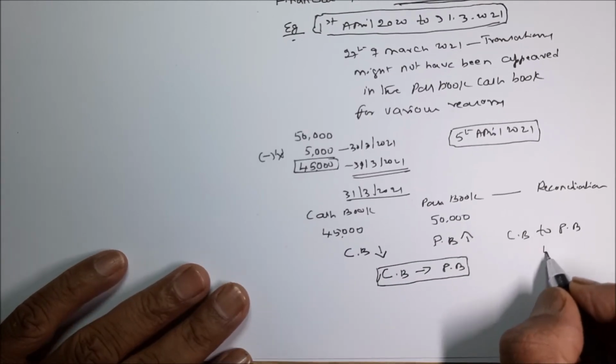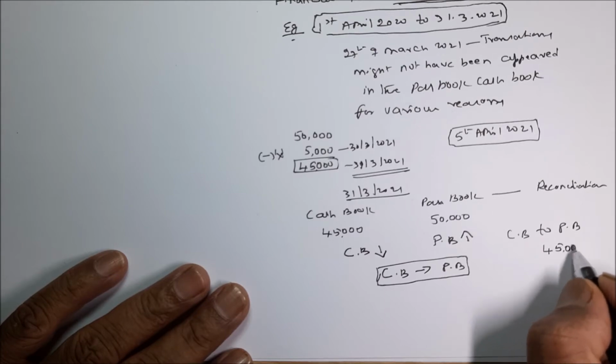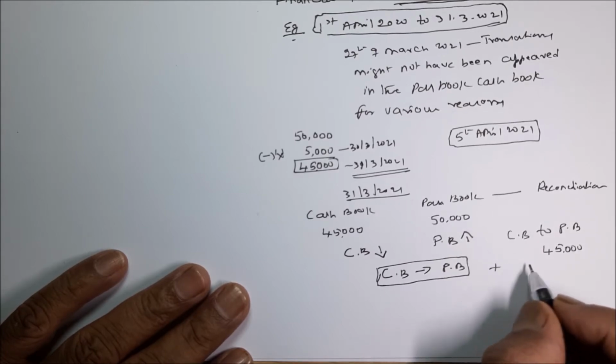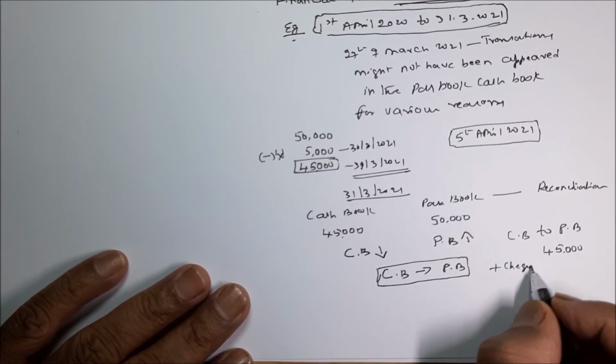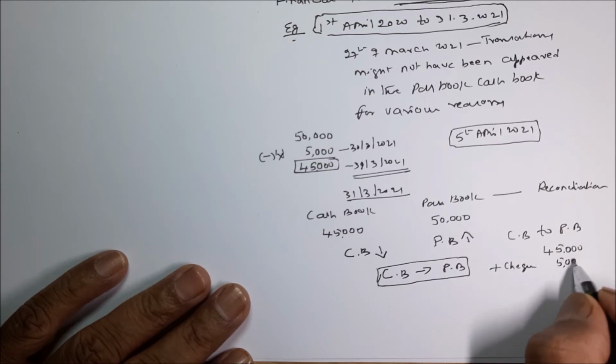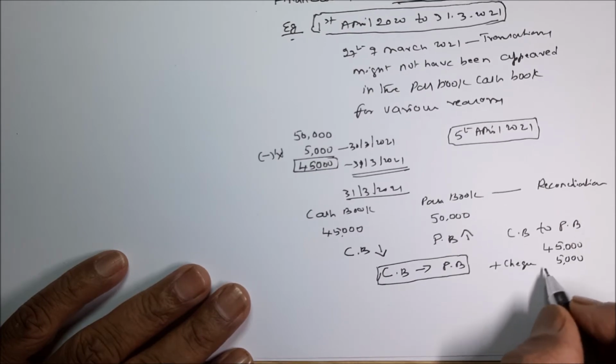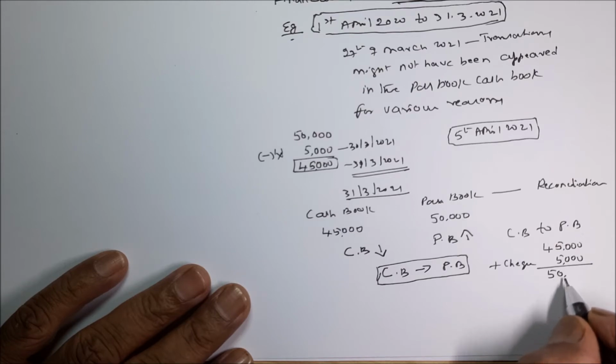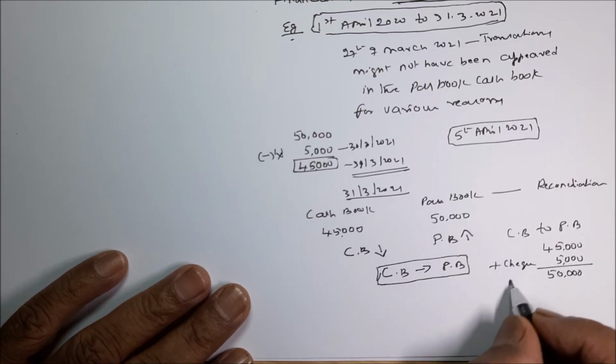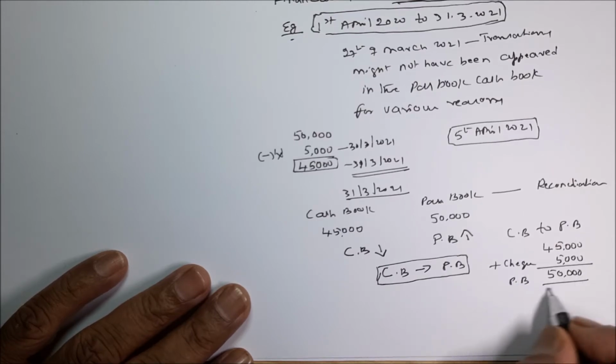Very simple. Cash book is showing 45,000. If I say that 5,000 check issued but not presented, when I add that 5,000, then it becomes 50,000. Now this 50,000 is the balance as per